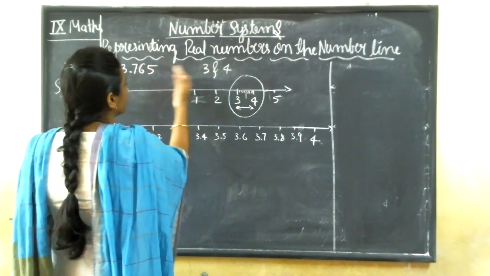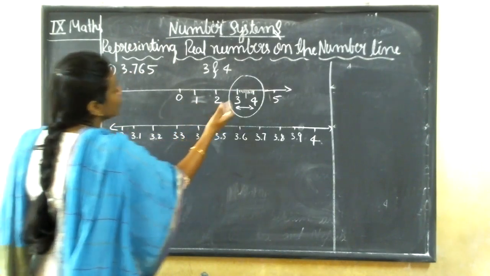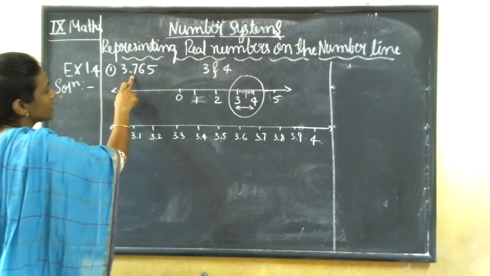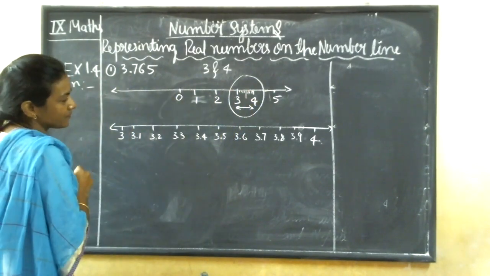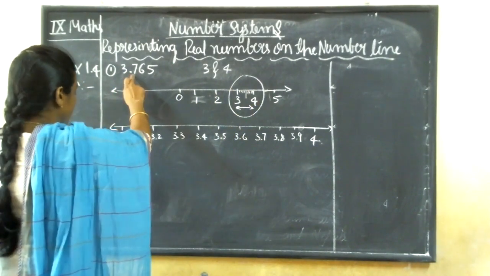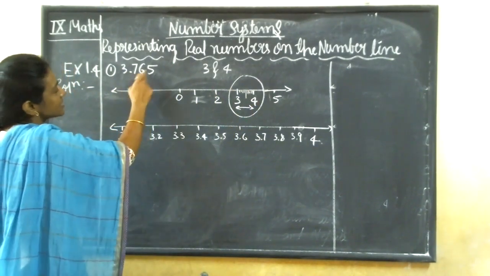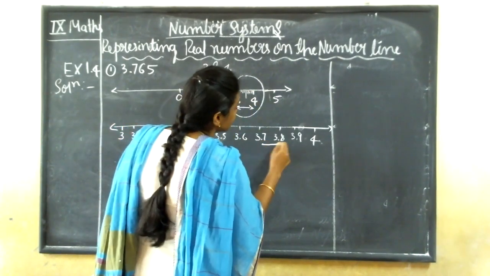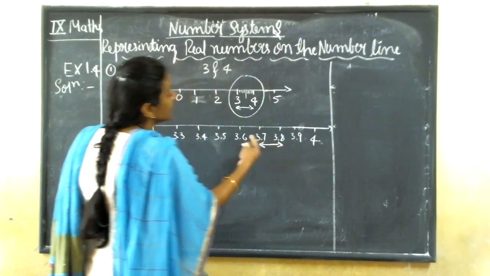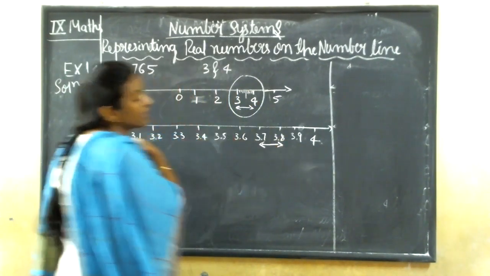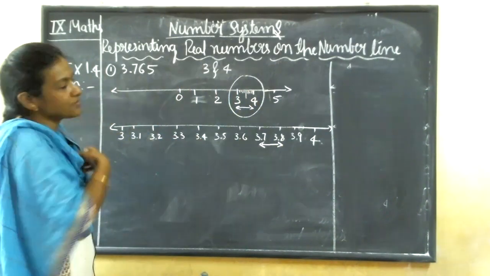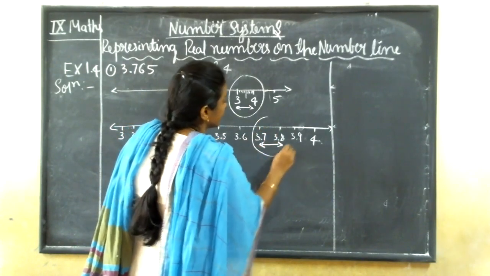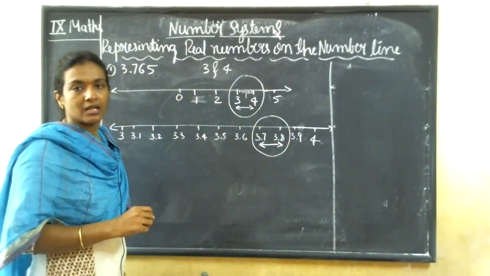So once you get to know it comes in between 3 and 4, we are going to magnify these values in between 3 and 4. So after 3, what is there? 3.7 is there. So 3.765 is there. So we are going to take it from 3.7. 65 is there. So it will be in between 3.7 and 3.8. Yes or no? It will locate in between 3.7 and 3.8. Clear this point, guys? Yeah.